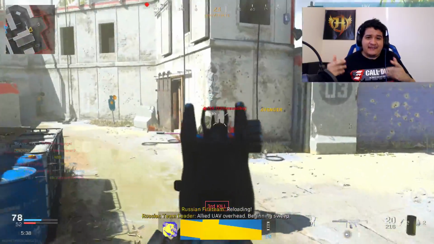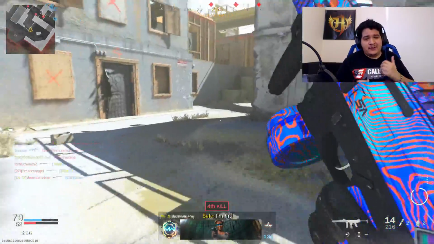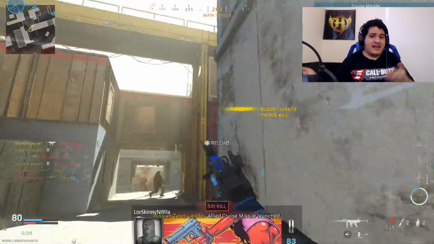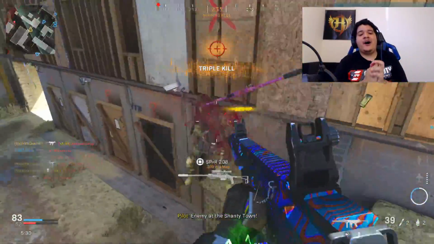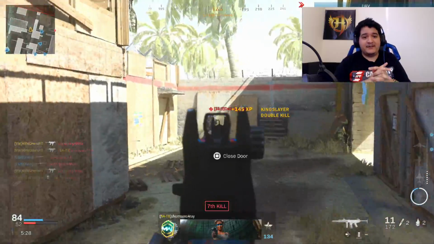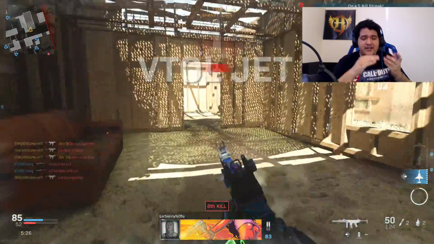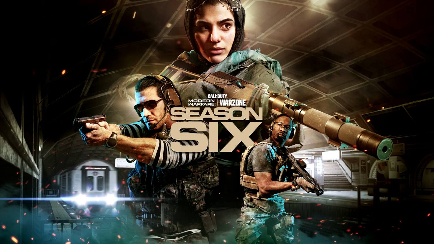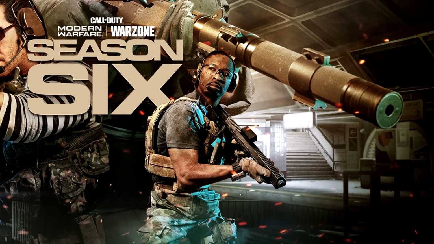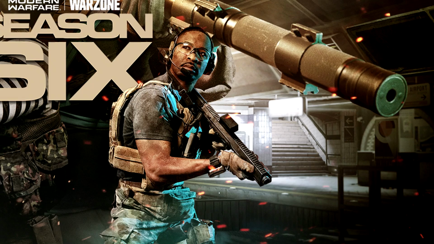However, as you guys know, we do get new operators during the second half of the season, as we've seen in every other season before this one. We get an additional operator, and that operator that we're going to get is Griggs. One way that we know that it's going to be Griggs is because of the promotional imagery art that they used to promote Season 6. It actually shows off Griggs, below Farah and